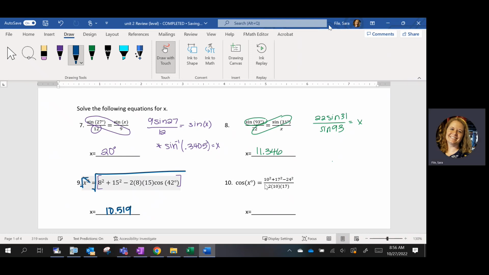Now for law of cosines, when it's an angle that's missing, just like up here, when we had to do the extra step of inverse, we're going to have to do the extra step of inverse cosine because we have to get x by itself. So we're going to do all of this. We're going to calculate this, but then we have to do inverse cosine of all of that to get cosine separated from the x here. Okay, so in my calculator,